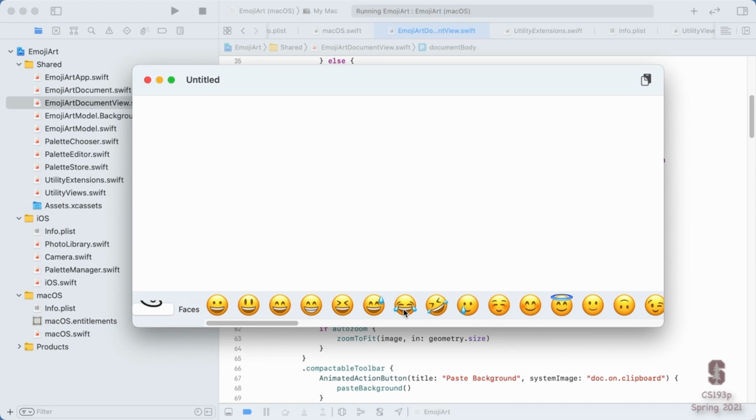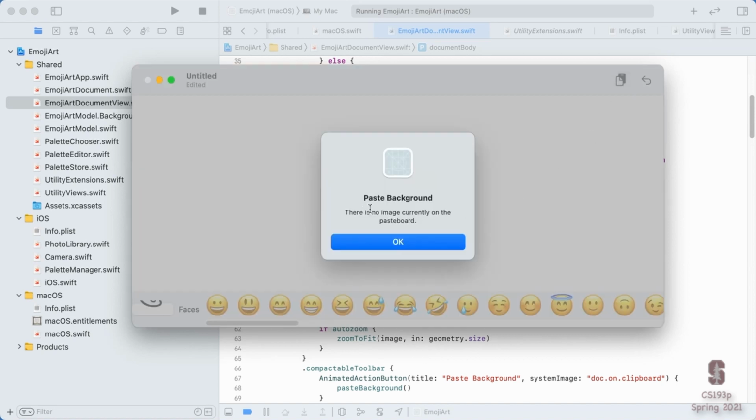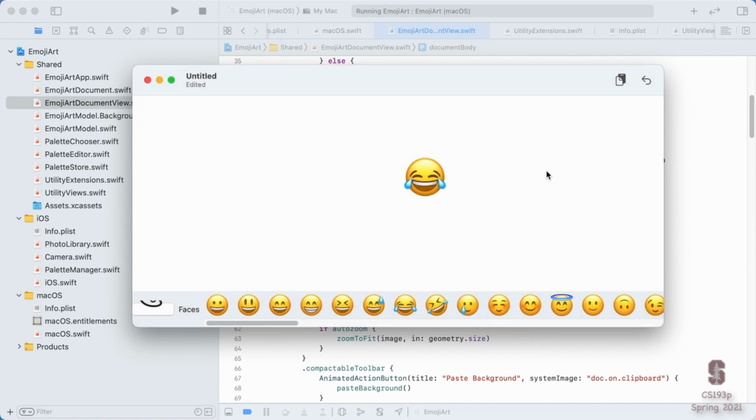All right, here we go. Drag and dropping. Woo, it worked. We can even move it around. That's good. I'm using my trackpad here, pinching on my Mac to resize. So that's working really well. What about paste? See if that works. No image currently on the pasteboard. Indeed. So we'll try that a little bit here. And how about undo? Yeah, redo.